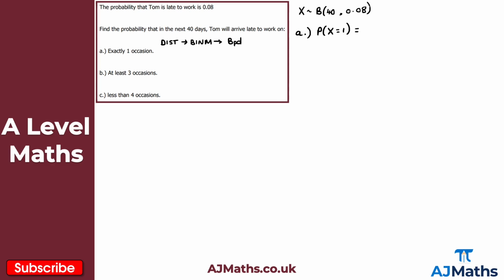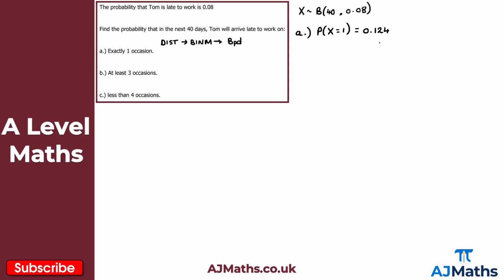So little x here is 1. The number of trials, well that's n, so that would be 40. And then our probability of success p is 0.08. So input all of those and press enter. And what this will give you here is the respective probability. So again, if I round this to 3 significant figures here, what I get then is